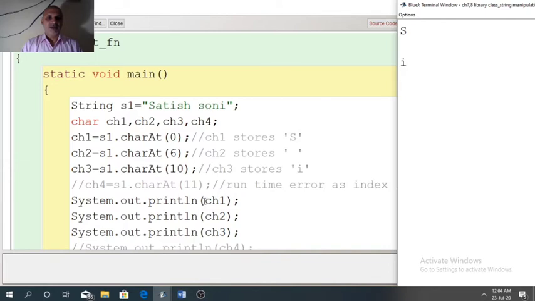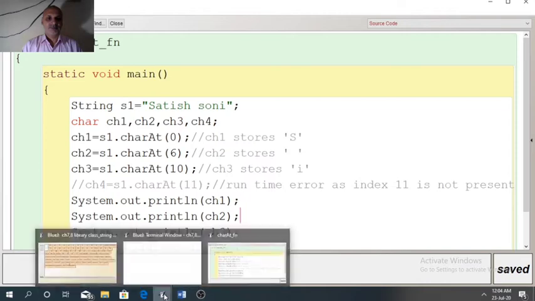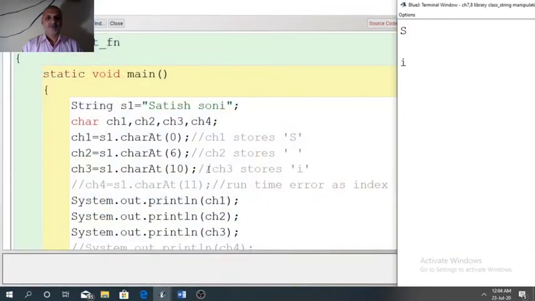We are printing ch1, ch2 and ch3. ch1 stores the character at index 0, that is capital S, the first one. ch2 stores the character at index 6, space we have here. ch3 stores the character at index 10, that is the last character i.